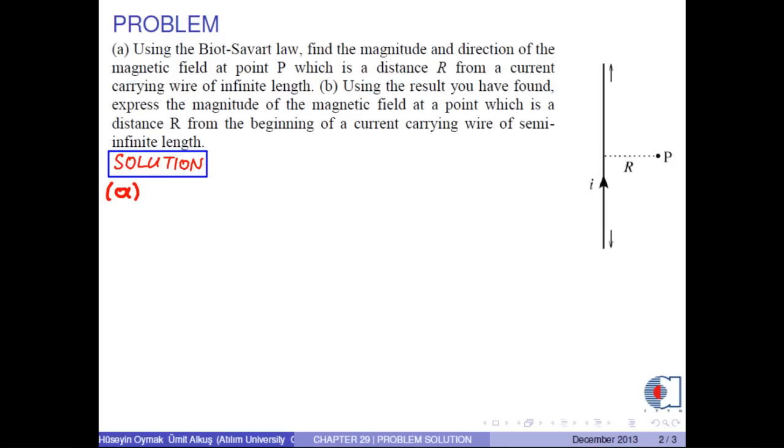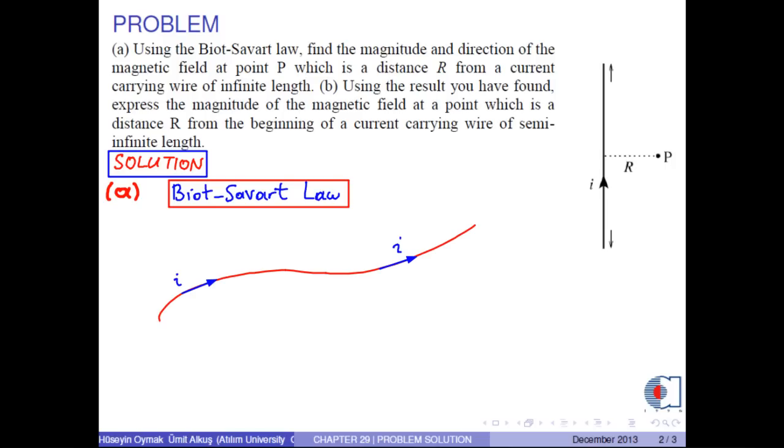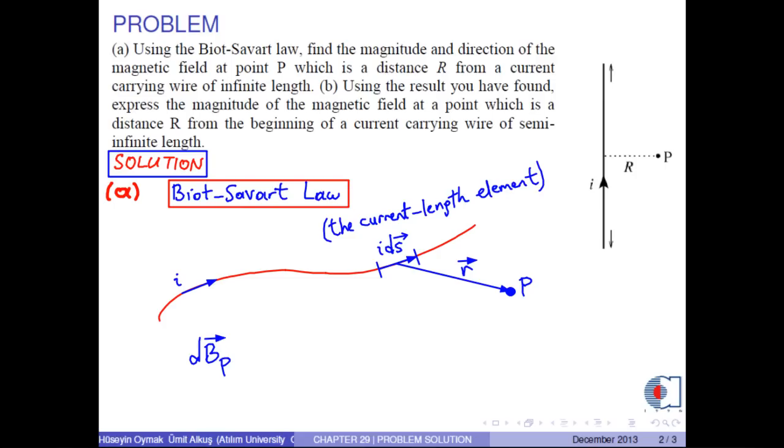The Biot-Savart law is the following. Assume there is a current-carrying wire. If we take an infinitesimal length vector ds, I times ds is called the current length element. At any point P, which is a distance r from this segment, the magnetic field is calculated as mu0 over 4 pi times I times ds cross r over r cubed,